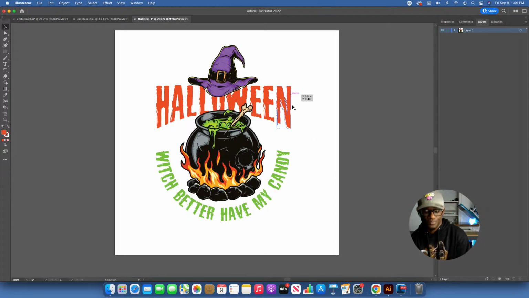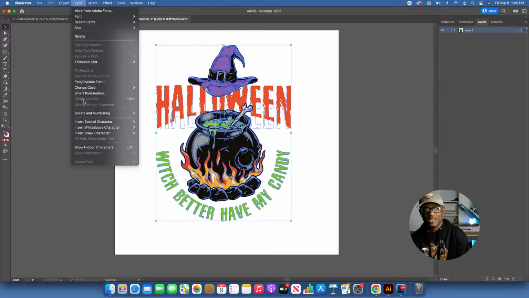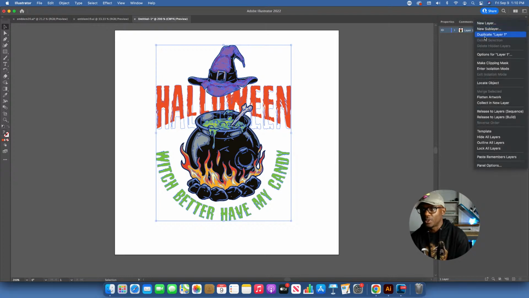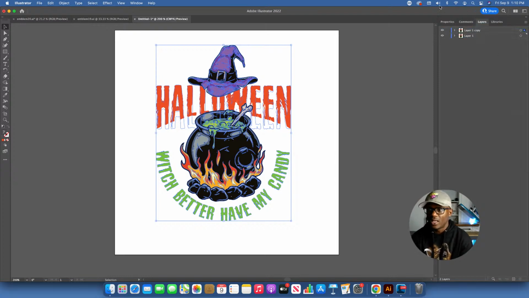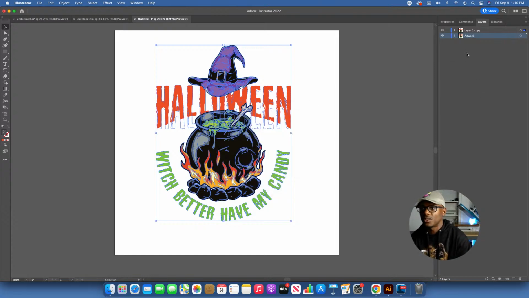All right, so right now, I have my artwork. I have 1 layer. The next thing we want to do now is duplicate this layer. All right, we've already created this thing as an outline. So the next thing I want to do, click on this hamburger menu and duplicate outline. So now we have 2 of the same artwork. So this bottom one here, let's change the name by double clicking it. Change this to artwork, rename that. Okay, just to stay a little organized.